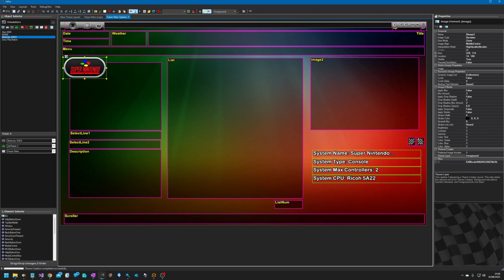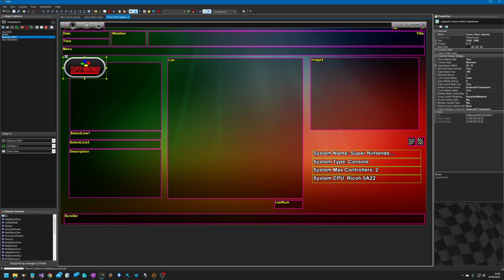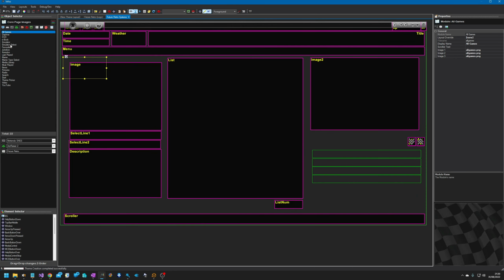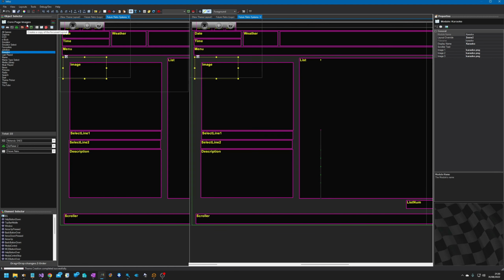Okay, so the next thing to quickly show is core pages. So core pages are preset pages in GameX, things like DVD, Daphne, jukebox, karaoke, and things like this. So we can set up core pages as well. I'm just going to quickly copy the Future Retro Systems page. So if we duplicate this page,